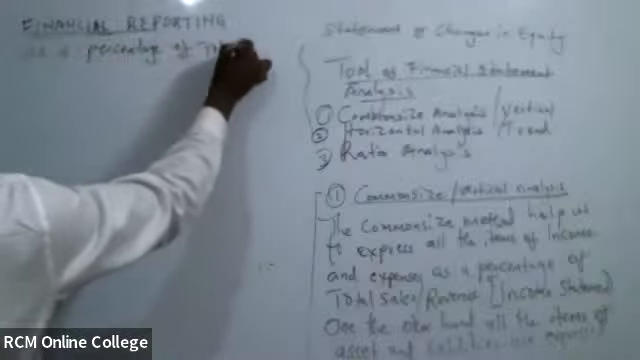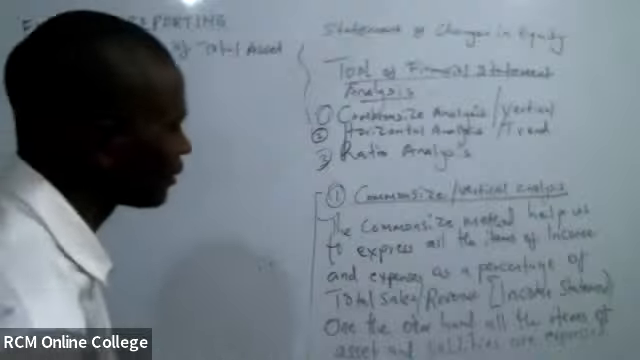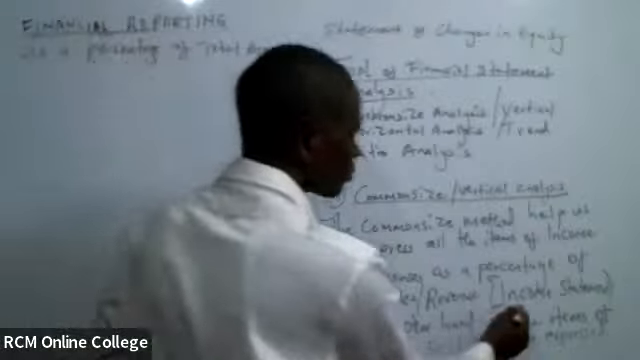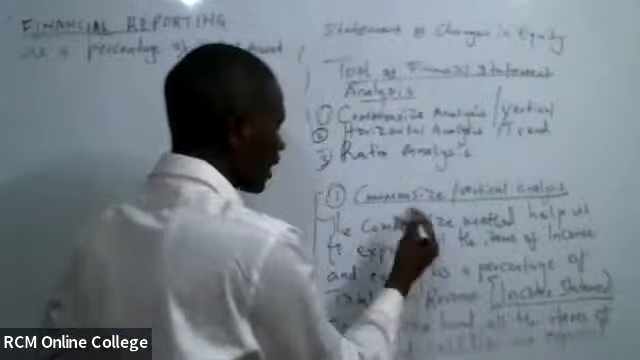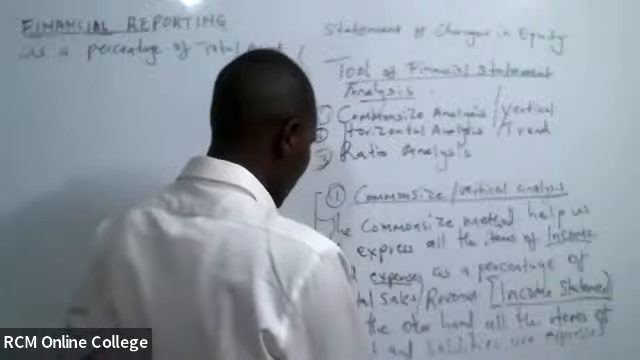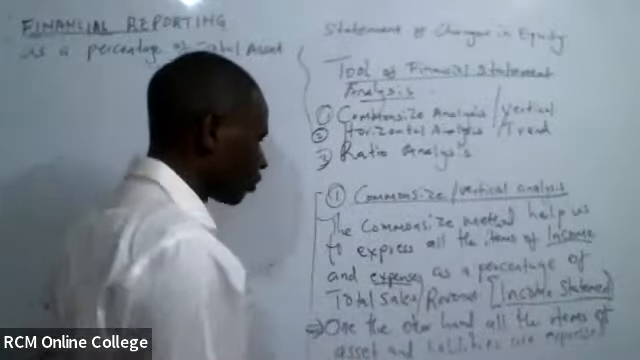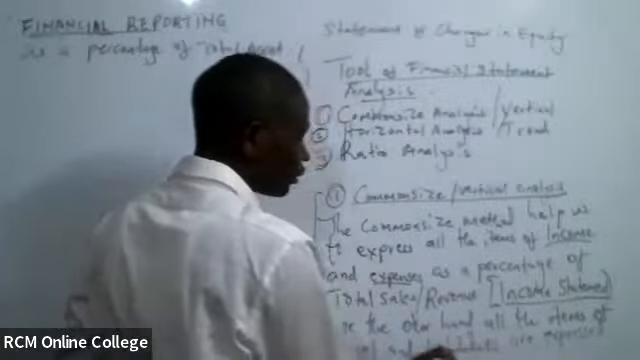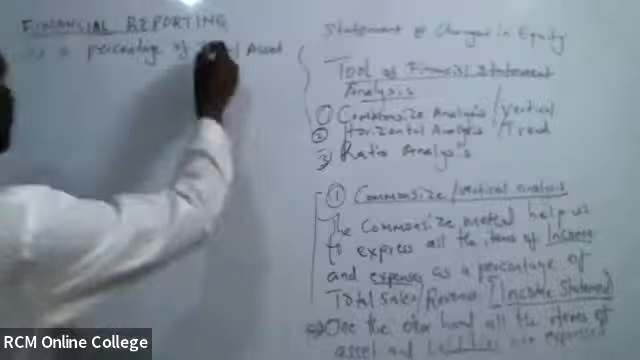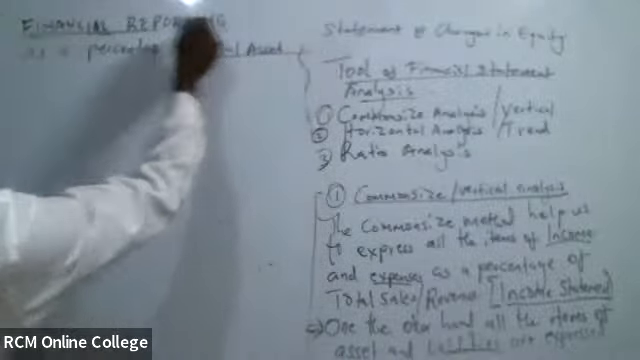So if the examiner gives you a question, I want you to analyze the financial statement using the vertical method. Kindly remember that as far as the income statement is concerned, you're supposed to express those items of expenses and income as a percentage of total revenue or sales. On the other hand, when you're dealing with the balance sheet or the statement of financial position, those items of assets and liabilities should be expressed as a percentage of total assets. For example,